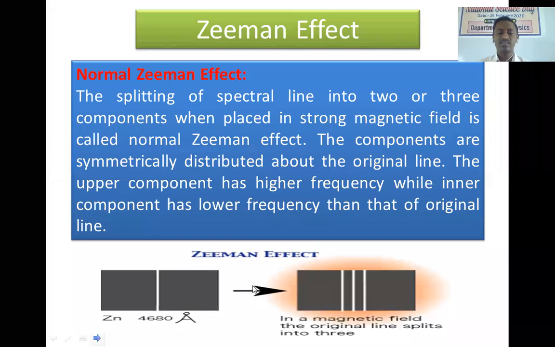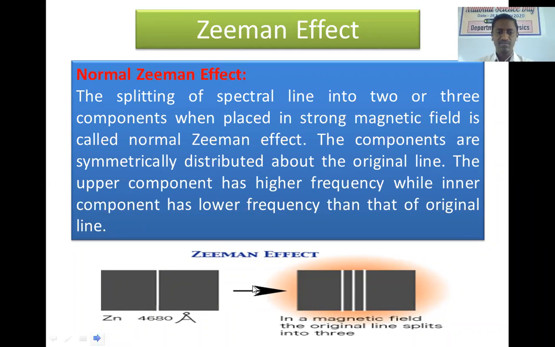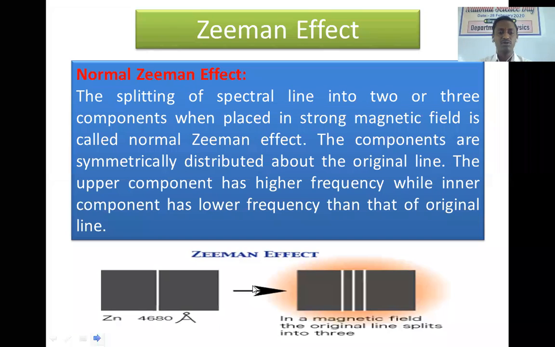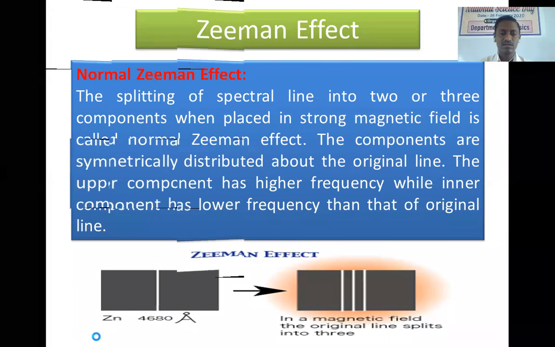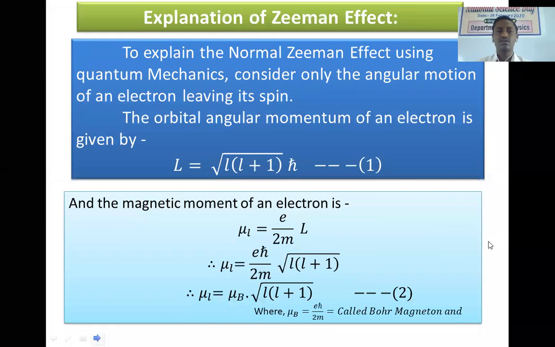The upper component has higher frequency than that of the original line, and the inner component has lower frequency than that of the original line. These are the observations obtained for the normal Zeeman effect, and today, using quantum mechanical theory, we have to prove these observations theoretically. So, for the quantum mechanical explanation of normal Zeeman effect,